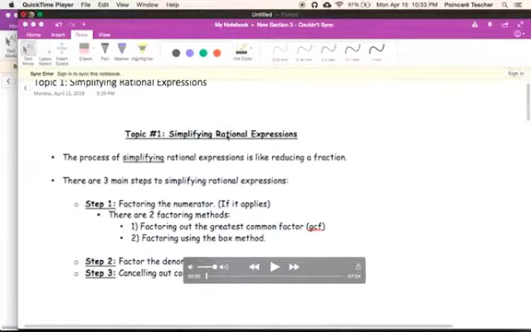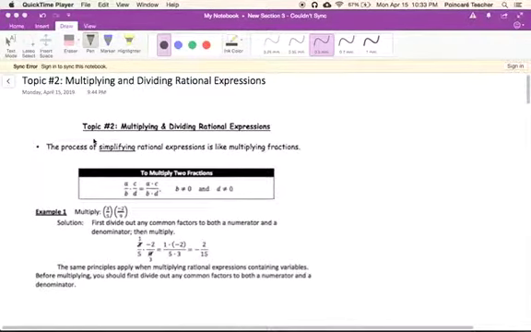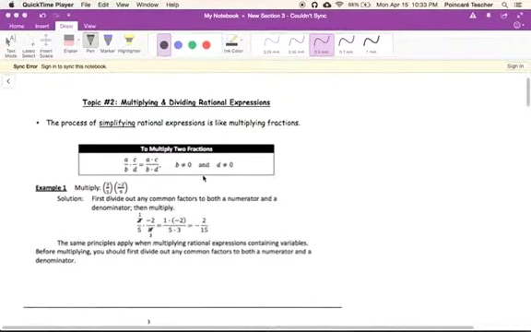This video is on topic number 2, multiplying and dividing rational expressions. Like I said before, multiplying or doing anything with rational expressions is similar to what you would do with fractions. So the process of simplifying rational expressions is like multiplying fractions. Just to remind you of how you multiply fractions, if you have two fractions, you can fill in any number you want for a and b, but this is like a over b times c over d. To multiply those two fractions, you just multiply the numerators, a times c, and you multiply the denominators, b times